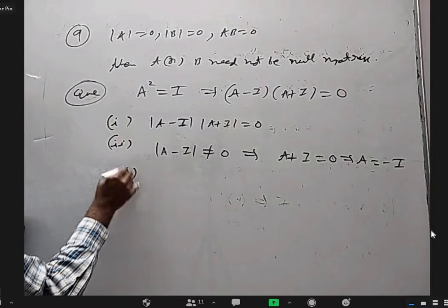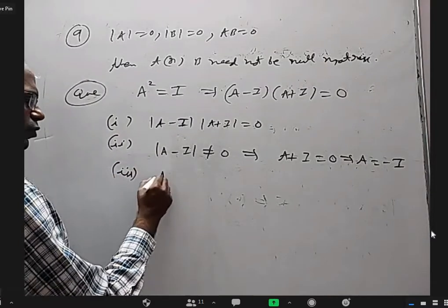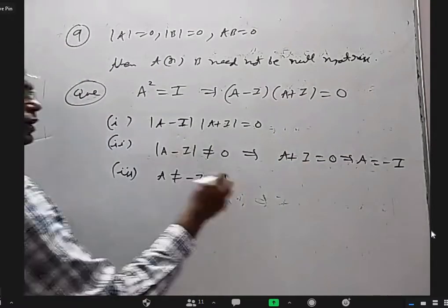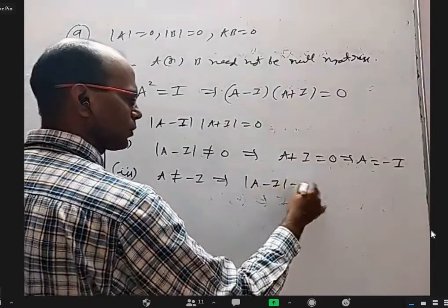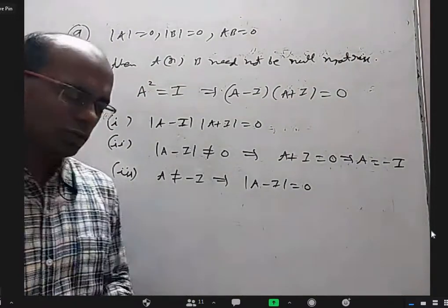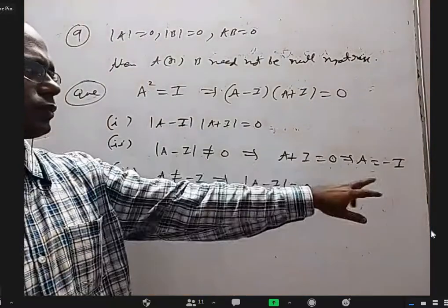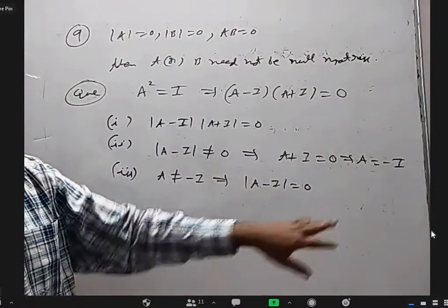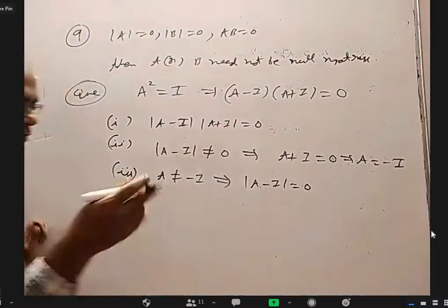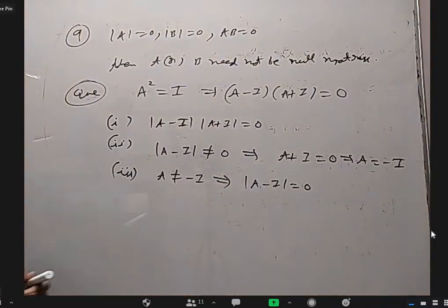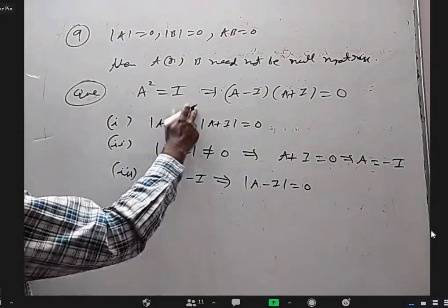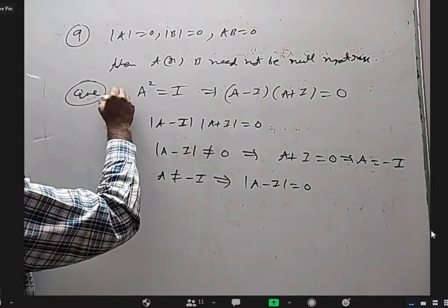Okay, almost the same as that. If you don't want A to be minus I, if you don't want this to happen, then det of (A minus I) must be 0. Those who know further, P implies Q is the same as negation Q implies negation P. Somebody learning for the first time, don't worry about negation. If you don't want A to be my negative identity matrix, that must be 0, provided this is given to you. Okay, this is given to us.